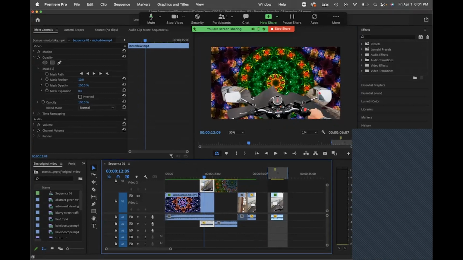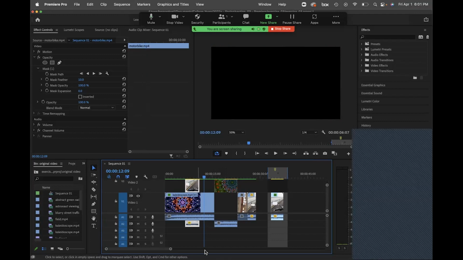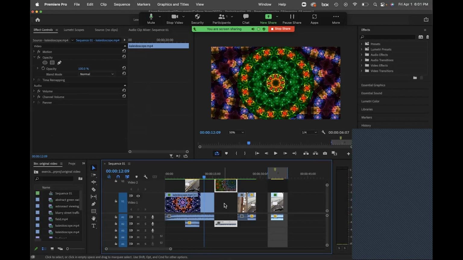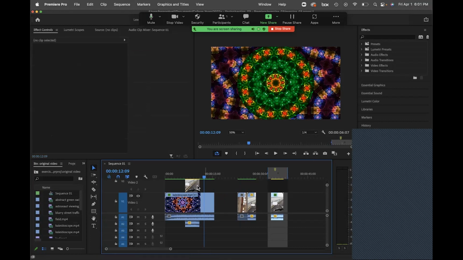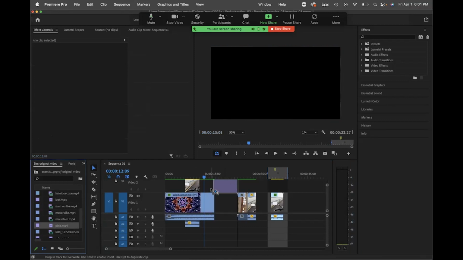We should be able to see that over top. And then also with this kaleidoscope, I want us to do a pretty fun example. And I believe I used the pink clip. So if we bring out the pink clip,